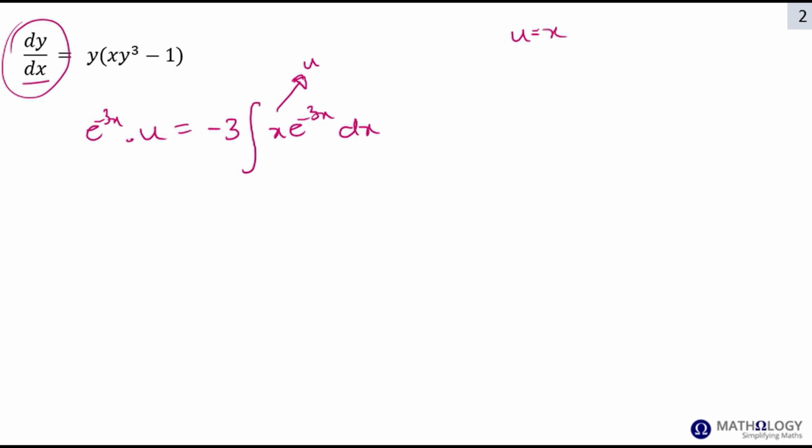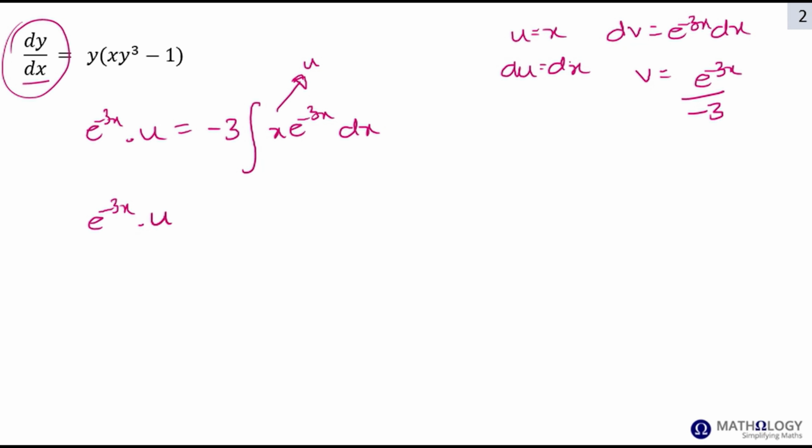So u equals x, du equals dx. dv equals e to the minus 3x dx, which means that v equals e to the minus 3x divided by minus 3. So e to the minus 3x times u. Don't confuse this u with this u over here. Use a letter like t if you prefer to avoid any